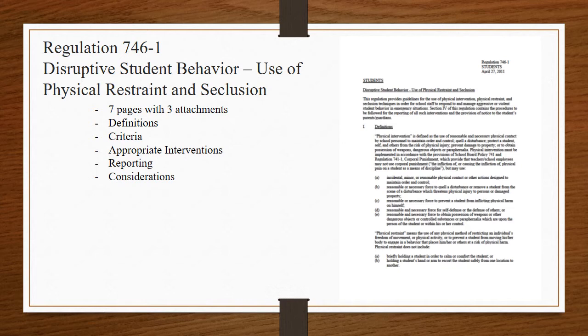Now, with physical intervention, this is a more restrictive method of managing disruptive, aggressive, or violent student behavior in emergency situations. So, this is when there is imminent risk to self or others, or imminent risk of property destruction, or disruption to the educational process or school operations. Our staff may use physical intervention as an appropriate response. Once again, staff trained in approved physical intervention techniques are the ones to minimize the potential injury to the students and to our staff.